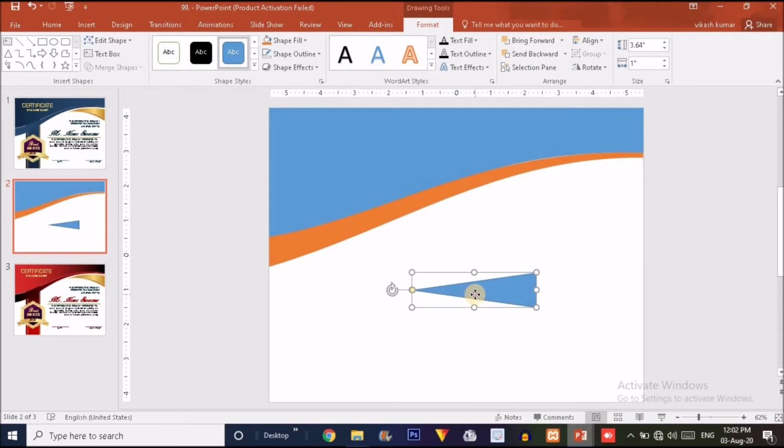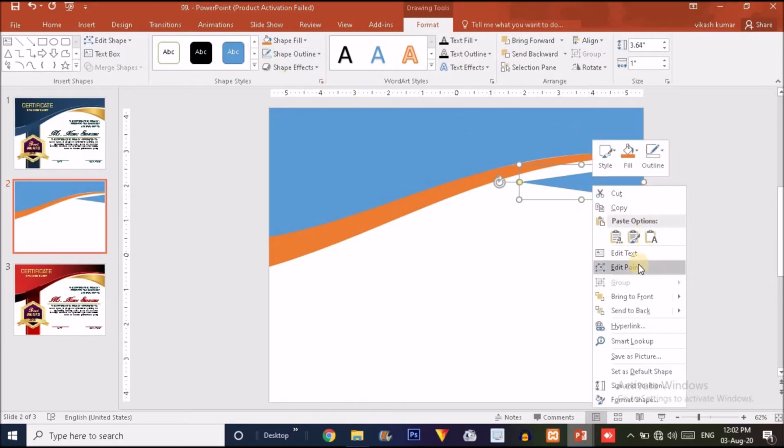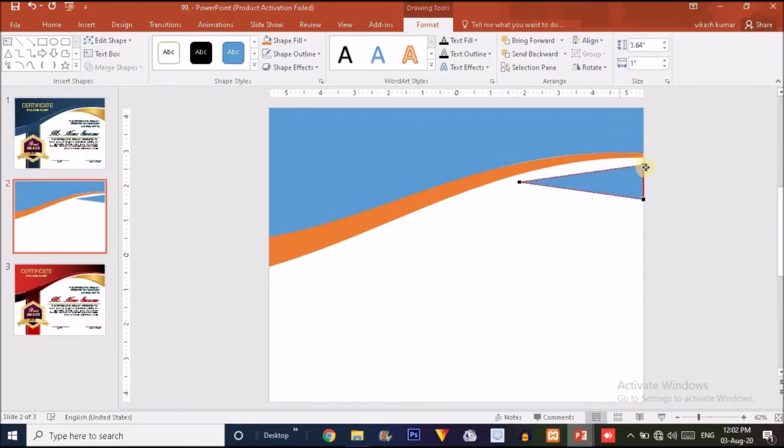Put this over here, make it no outline. Now right click over here, click on the Edit Points option, and drag it to here.